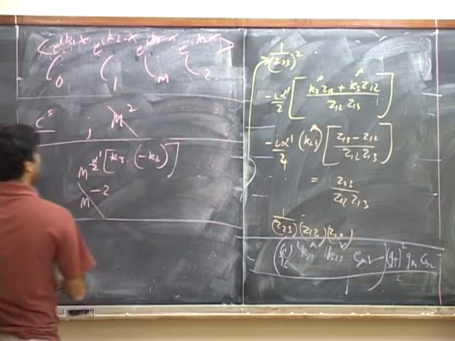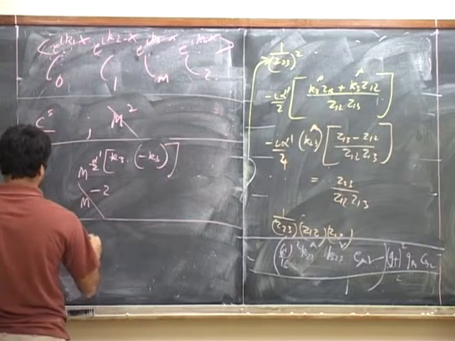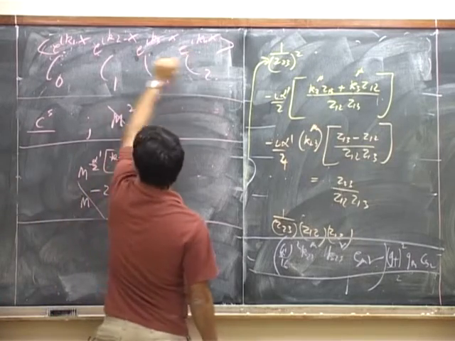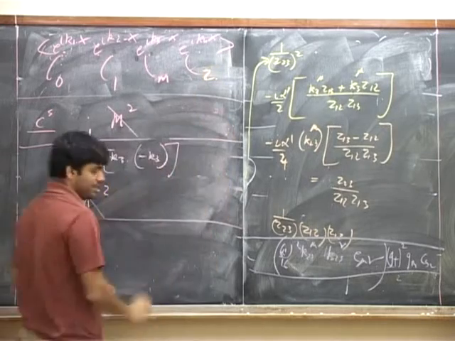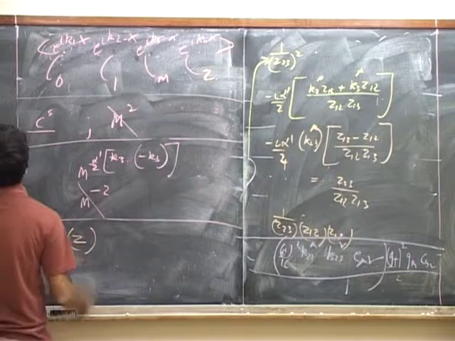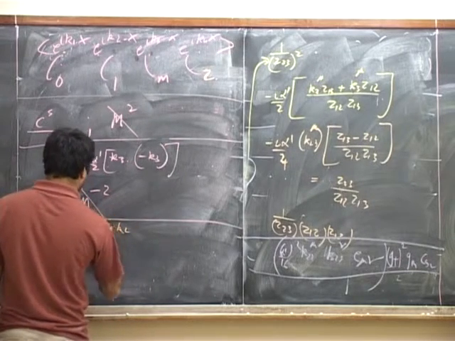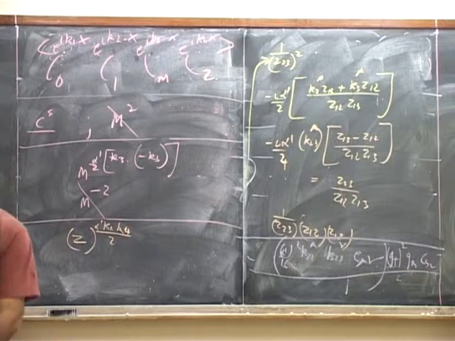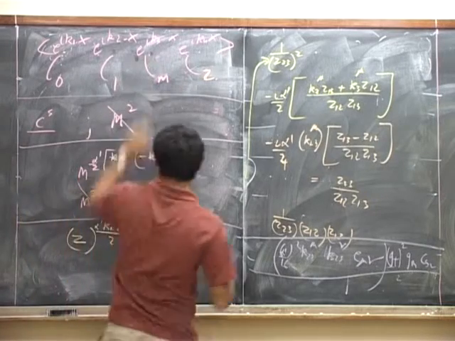So the contraction between this and this: let's say the location of this is z, so this is z minus 0, so it's z to the power k1 dot k2 alpha prime by 2. And here we get z minus 1